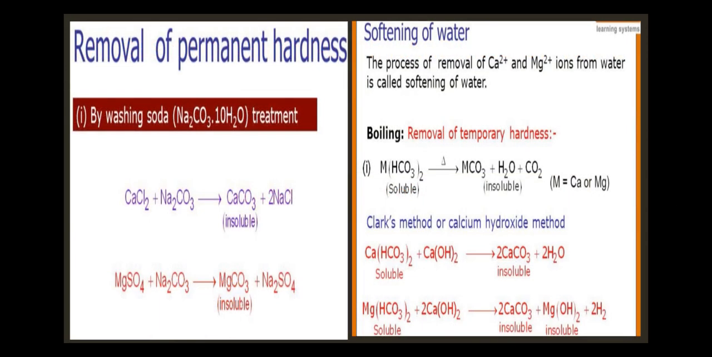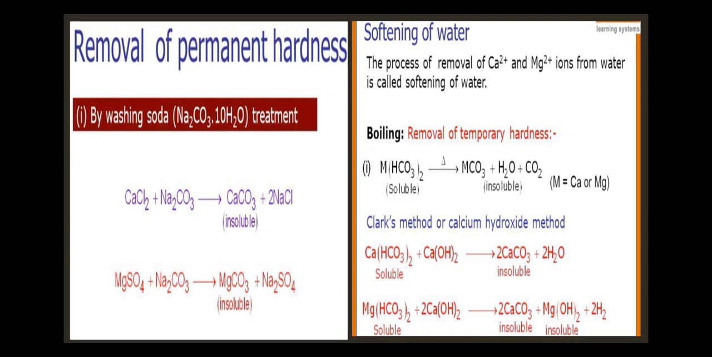There are two methods for removal of hardness of water. First is removal of permanent hardness of water. As I told you before, permanent hardness cannot be easily removed by boiling only. So if we want to remove the permanent hardness of water, it can be removed by treating that water with washing soda. Washing soda reacts with soluble calcium and magnesium chlorides and sulfates in hard water to form insoluble